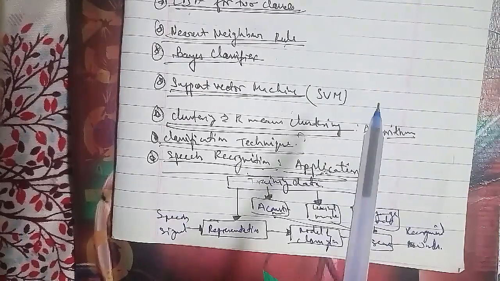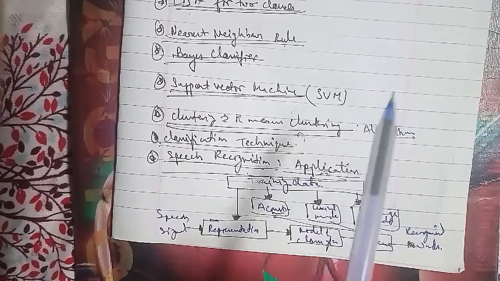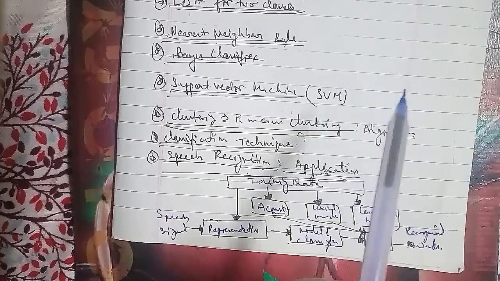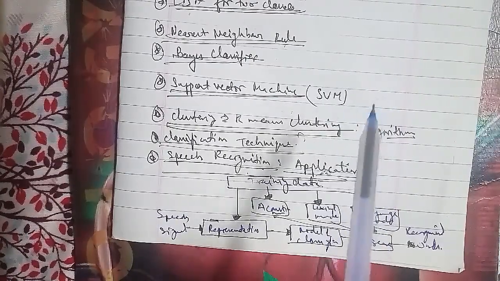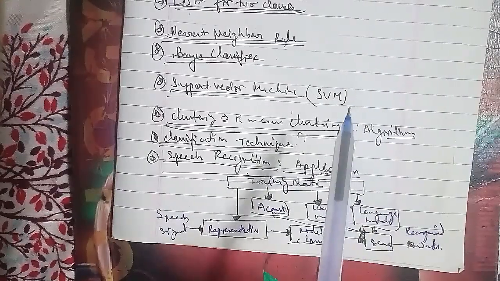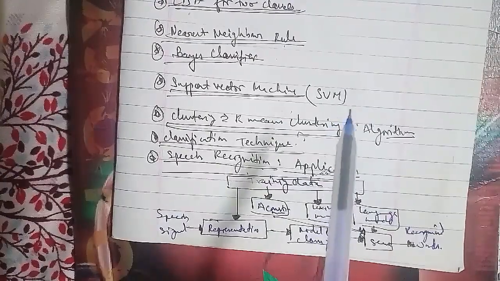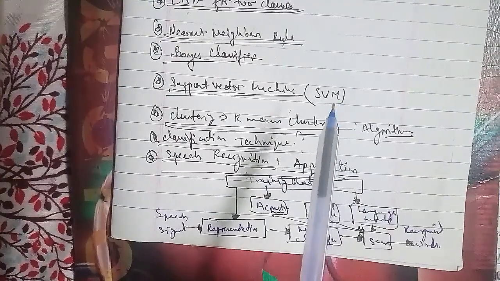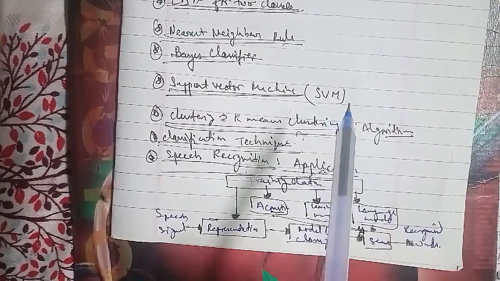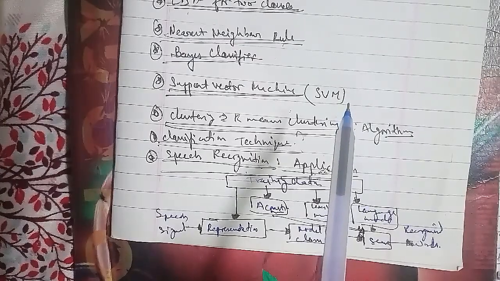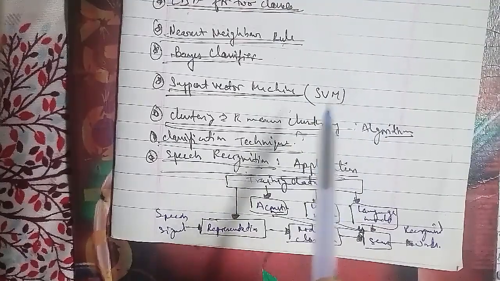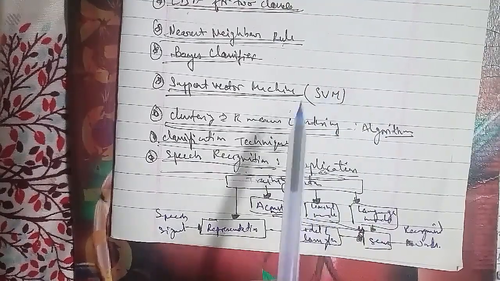In the same context, there are a few important questions that have been asked in university examination papers. Define pattern recognition and explain the approaches to pattern recognition, and discuss the parameter estimation techniques PCA and LDA in brief. What do you mean by speech recognition? Give its applications, and define the following: statistical pattern recognition, pattern matching, and clustering. Explain the K-means clustering approach, and write a short note on SVM, nearest neighbor rule, and Bayes classifier, which we have talked about.